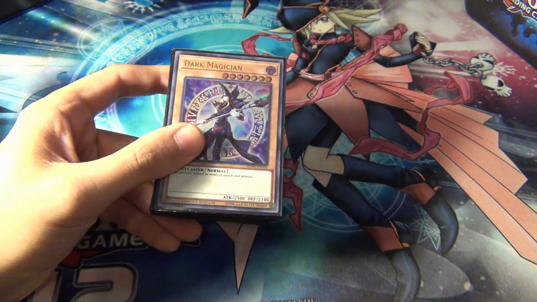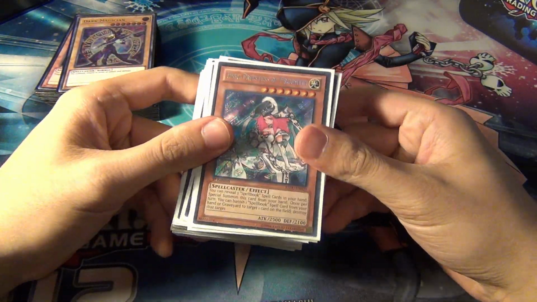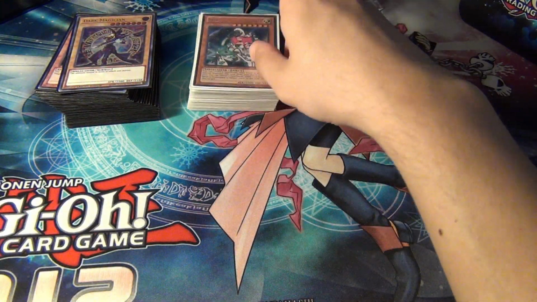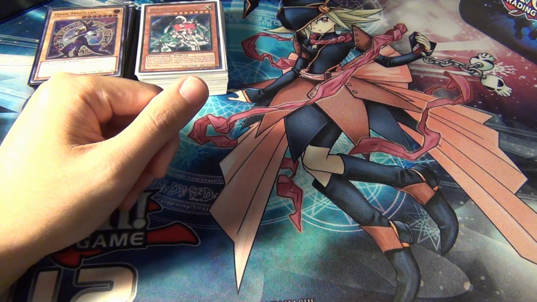But the other Spellcaster that I'm talking about, people are probably thinking it's the Spellbook deck. No, Spellbooks came out back in 2012. They were really good, but I'm talking about an even older card. If you keep up with the structure deck releases, then you know exactly which Spellcaster I'm talking about. So in the anime,